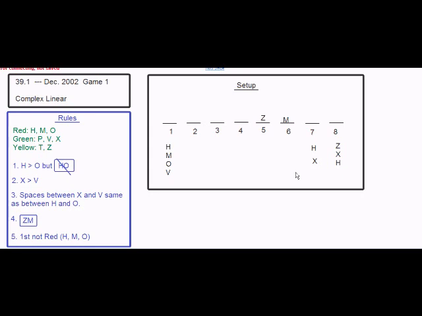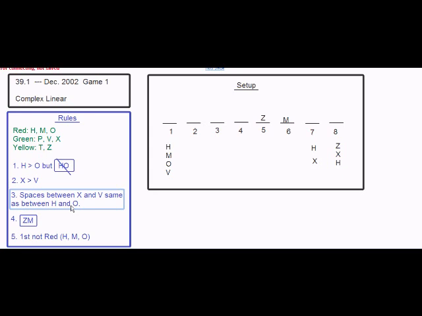Well, we already knew that H cannot go in 7, and H cannot go in 8, and H cannot go in 1. And now obviously because Z and M are going in 5 and 6, then H can't go in 5 and 6. So it looks like at first glance that H could go in 2, 3, or 4. And so you just want to double check really quickly that, if you had to rush, that would be your answer. But if you had time, you would quickly double check that wherever you put the H, whether it's 2, 3, or 4, you're still able to